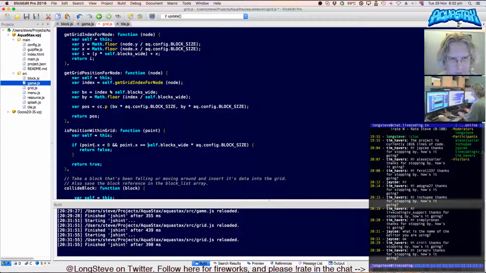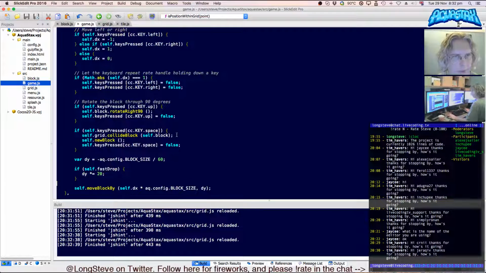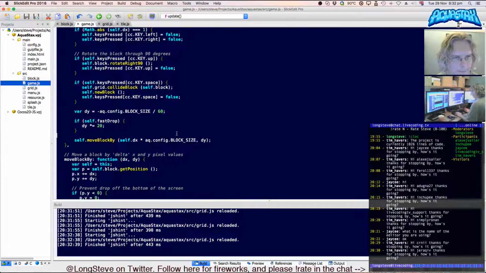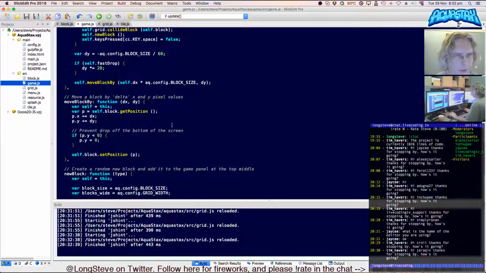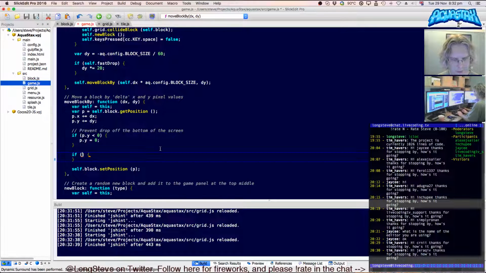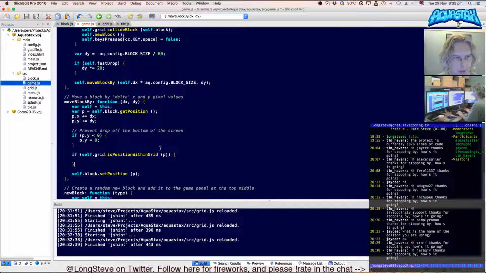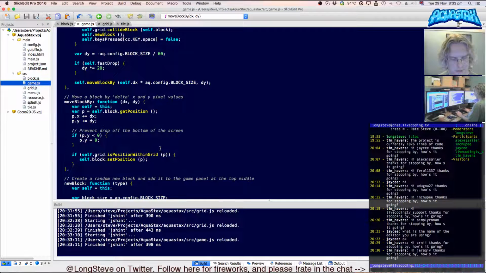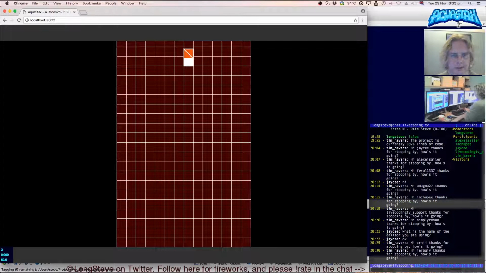Point.x is greater than. Okay, and what we'll do here is we will get dx and dy, we've got move by. So move by is where we actually update the position. What we should do is if self.grid.is position within grid p. Excellent, I already have a pointer that I can use. Then we move the block. Right. So,